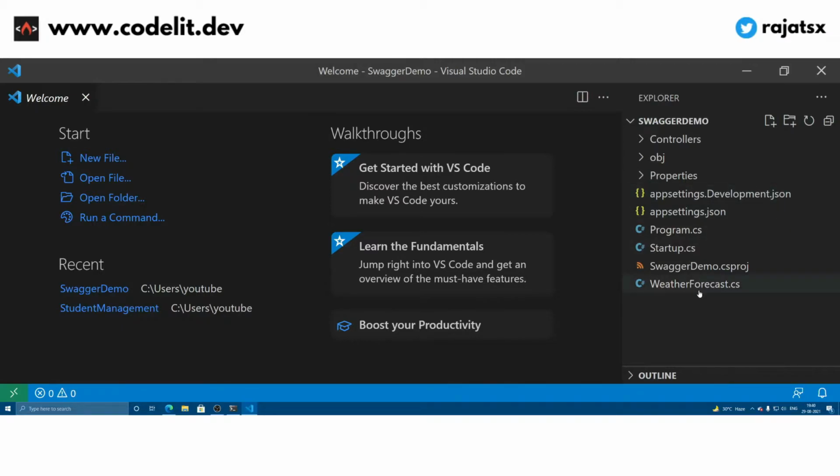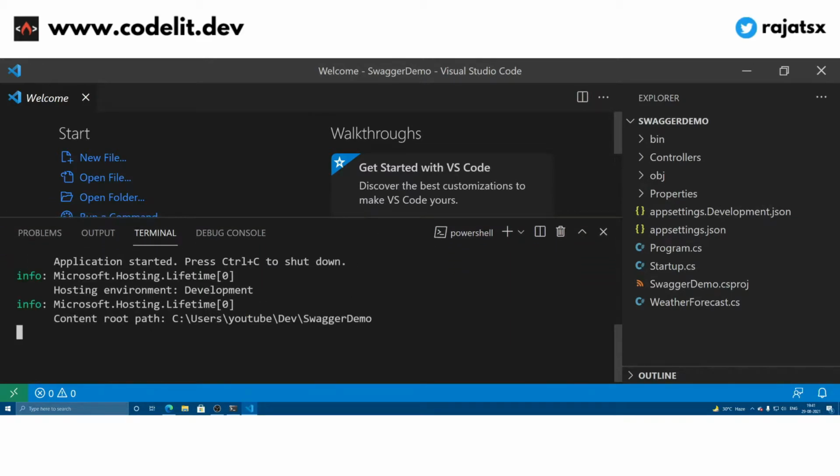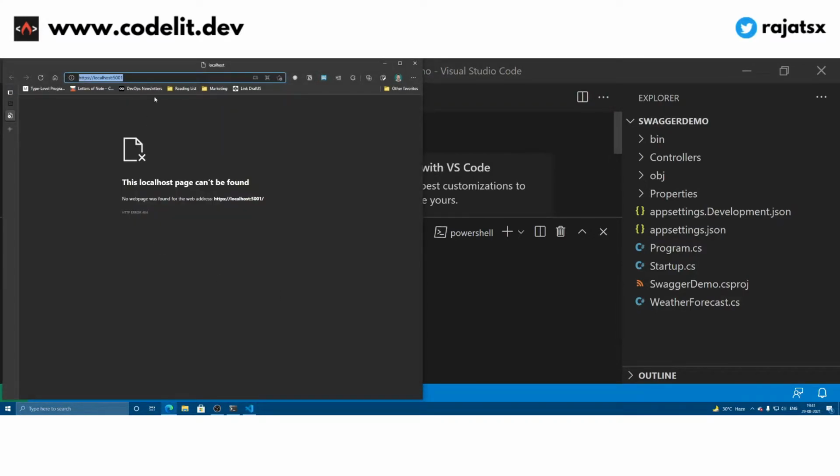Having said that, let's first of all try to run our project using the dotnet run command. Once the project is up, you will get to see where it is hosted. In our case it is this particular URL. You can control click on it and you will be taken to this URL, but as of now there is nothing here.